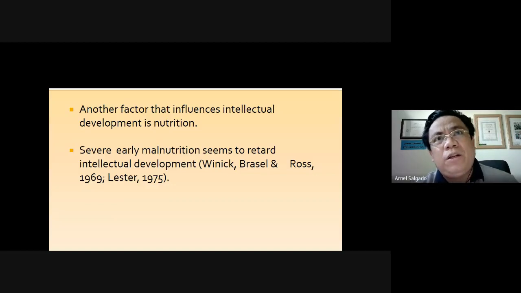In fact, if your child is still growing, and he is having malnutrition, then the problem will be that the child may not fully develop their own potential. This is actually the main point. Now, severe early malnutrition seems to retard intellectual development. This is proven. That's why, I think in the 1970s and 1980s, where famine and droughts were very prevalent, the drought affected so much population in the African countries, and no doubt children were affected, no? So in terms of intellectual development,